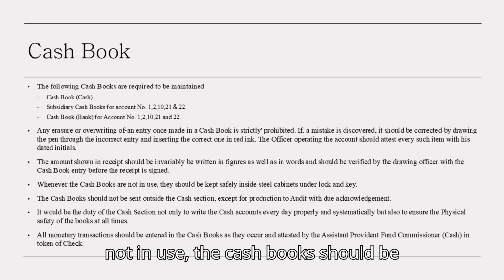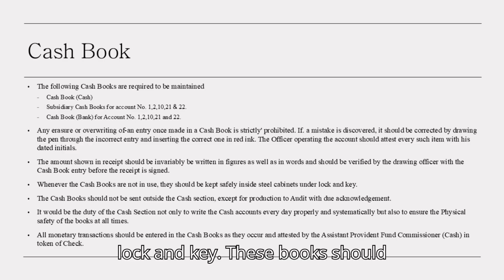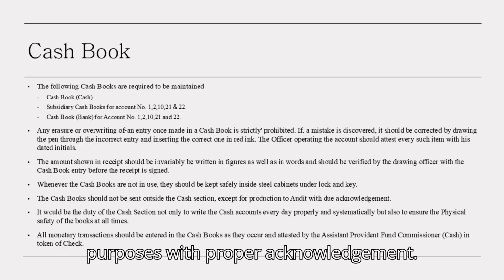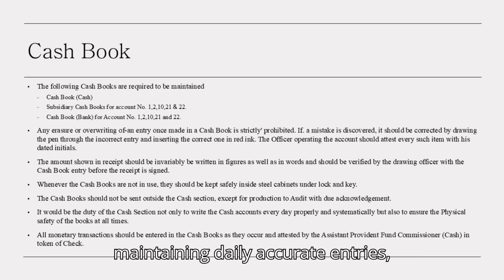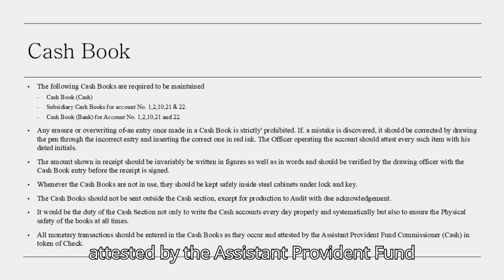When not in use, the cash books should be securely stored in steel cabinets, under lock and key. These books should only leave the cash section for audit purposes with proper acknowledgement. The cash section is responsible for maintaining daily, accurate entries, ensuring the physical safety of the books, and having all transactions attested by the Assistant Provident Fund Commissioner for